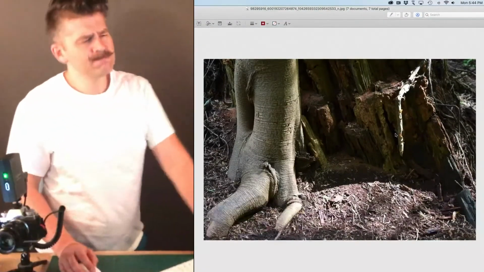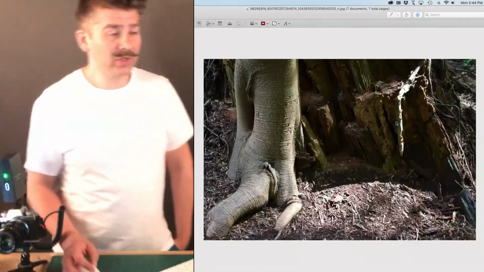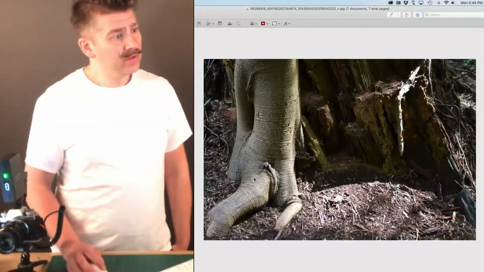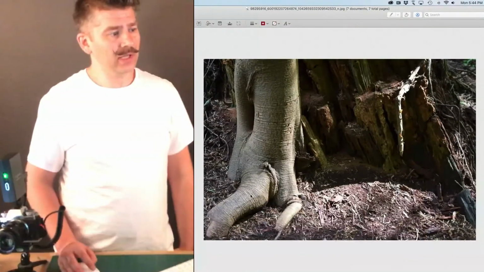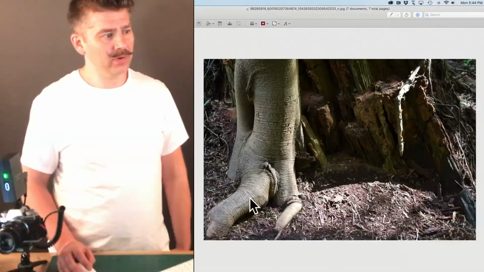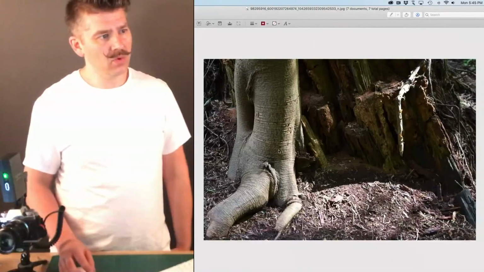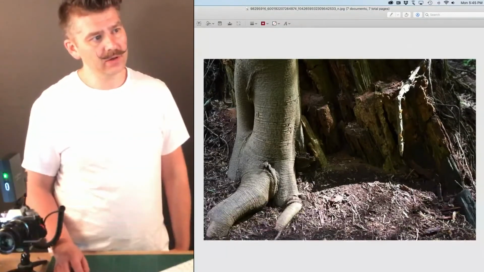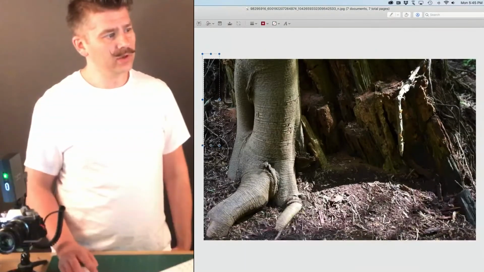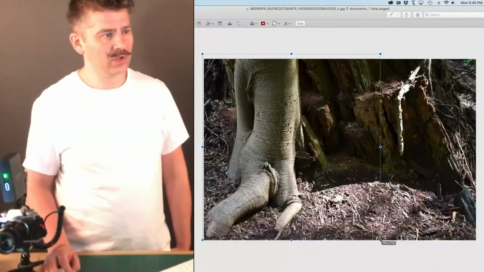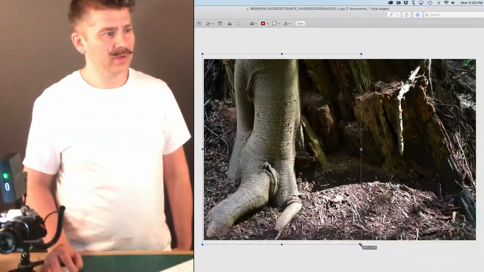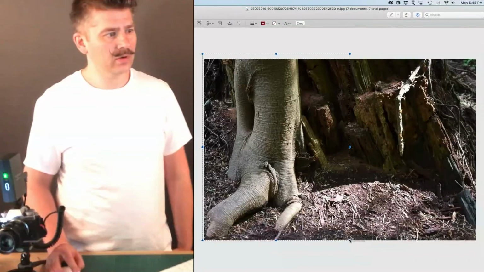I mean, it is a really odd kind of, this tree trunk starts to look like an elephant leg or foot, right? So I am maybe more attracted to this than here. It is certainly an odd composition. I think to myself, what would it look like if we were